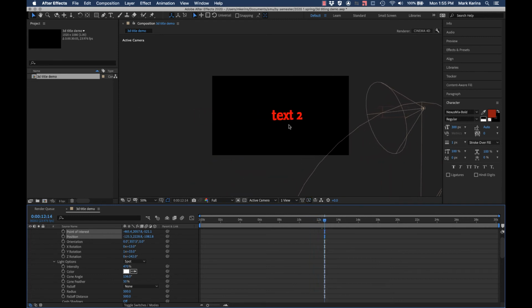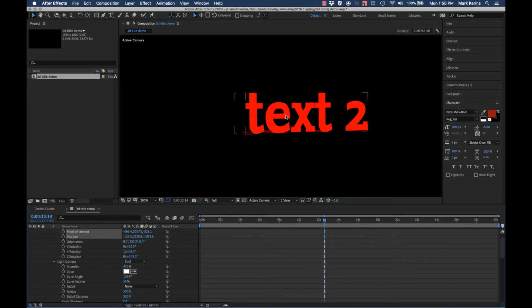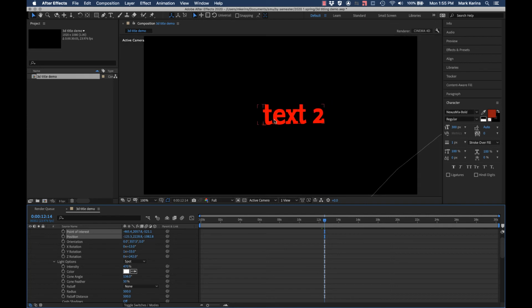Now, obviously, if these were just 2D objects, I could just slide one off and slide the other one on. But you start to get the sense of how you can really play with these and do interesting things with them once you're working in this 3D space with the camera and lighting. I'll also say it's something that I think takes quite a bit of practice to actually get a good sense of where things are and how you're moving them. But you can do some very cool effects with it. Something I didn't mention,